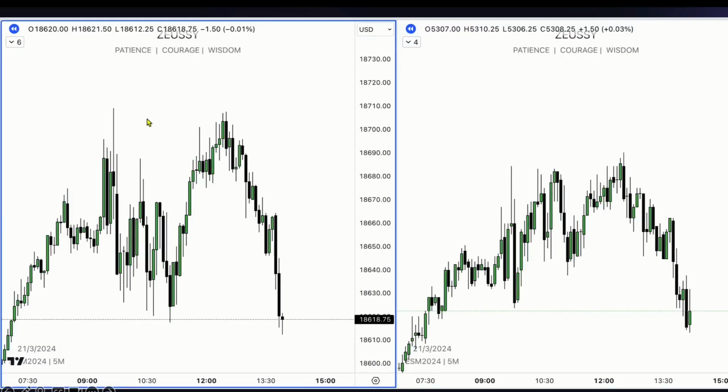So what we see here is that on the left side we have the Nasdaq chart, on the right side we have the ES chart. And I'm just going to give you a second to take a look at these charts, and I want you to pay close attention to what is occurring on the highs. Again, I will give you around 5 to 10 seconds to take a close look before continuing with the presentation.